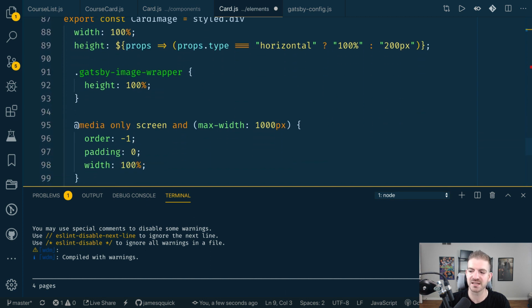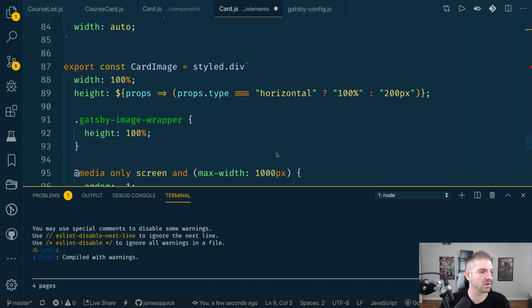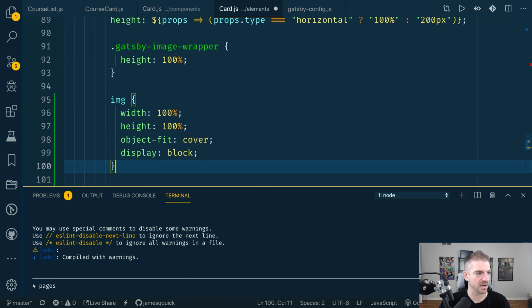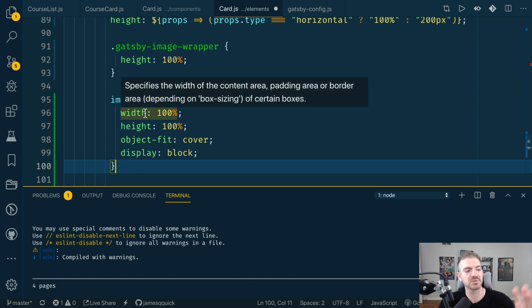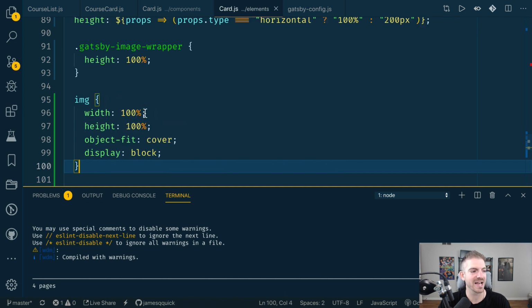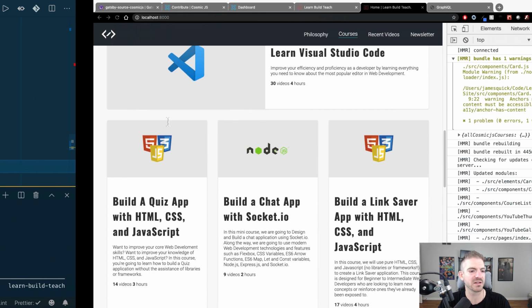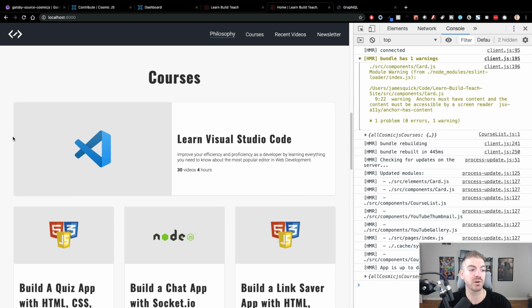And I think we want to select each image tag inside of the card image. So let me grab this and put that in here. What I'm doing is just saying width and height are 100%, and then make that image fit to the area that it's in, and then display block will get rid of a tiny bit of padding that was there. So now if we refresh, this content looks exactly like what we thought it would,